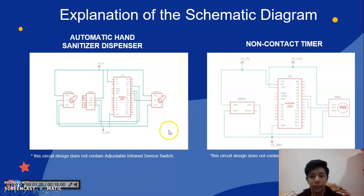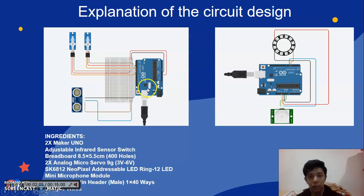Okay, next slide is the explanation of the schematic diagram. For the automatic hand sanitizer dispenser, this circuit design is just for the infrared sensor switch. For the non-contact timer, this circuit design does not contain the mini microphone module, so I use a PIR sensor. Firstly, I connect the 5 volt to the positive at the breadboard using the red jumper